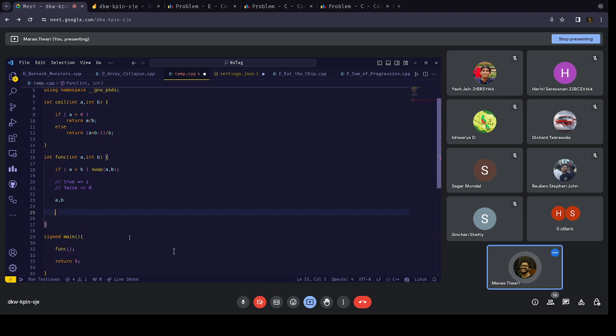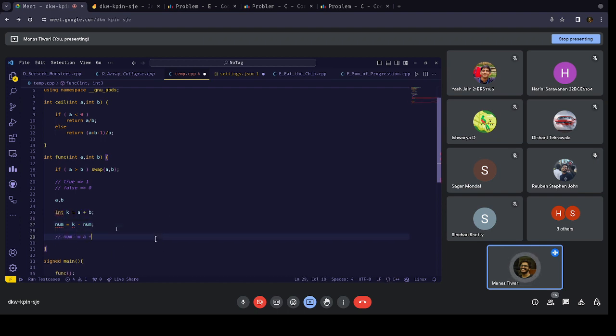Let's take the sum of a and b, let's say k, and you'll understand it immediately. You can always write number equals k minus number. And this is how you do swapping as well, without using extra space. So if number is b,